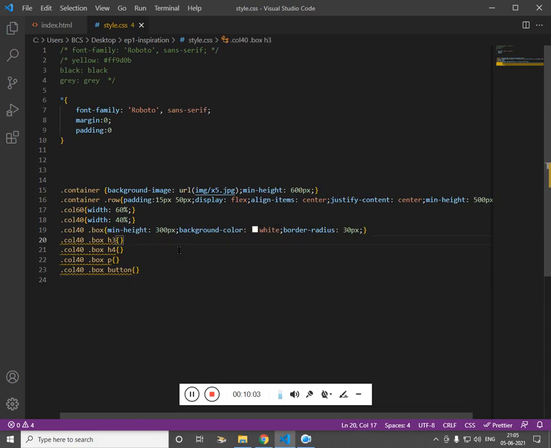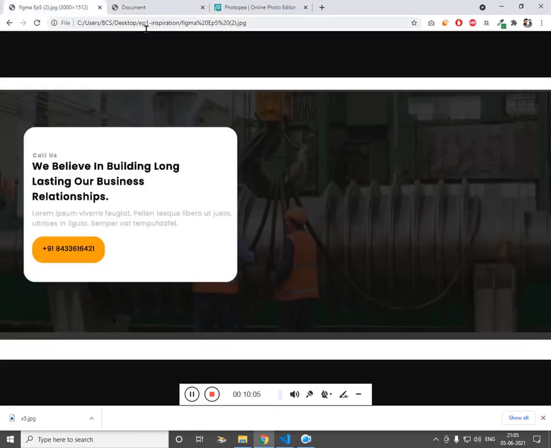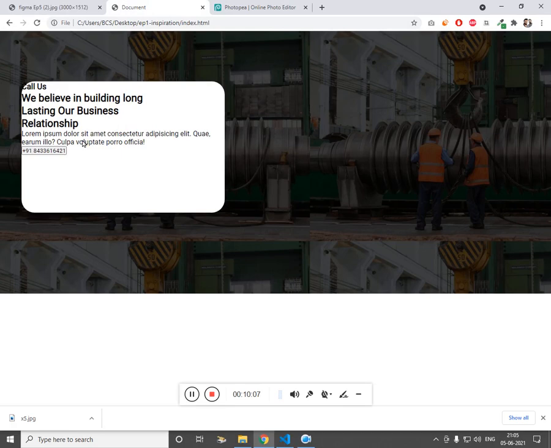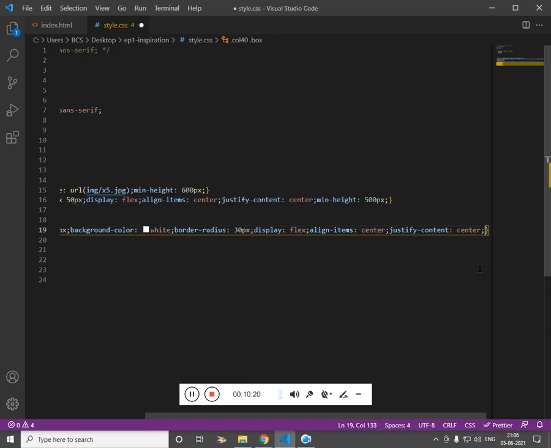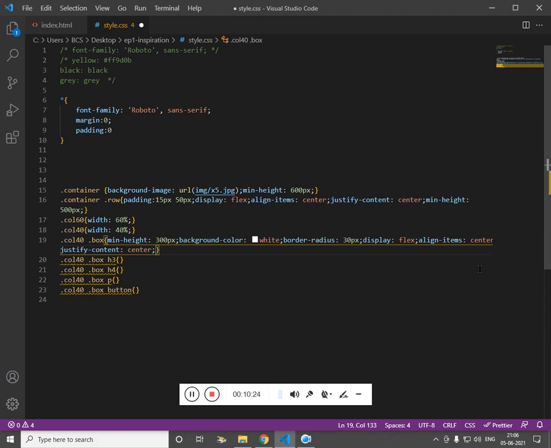Now we have H3. If you want this to be at the center, again you can use display flex, just copy paste the same thing. Instead we have to use flex direction column.